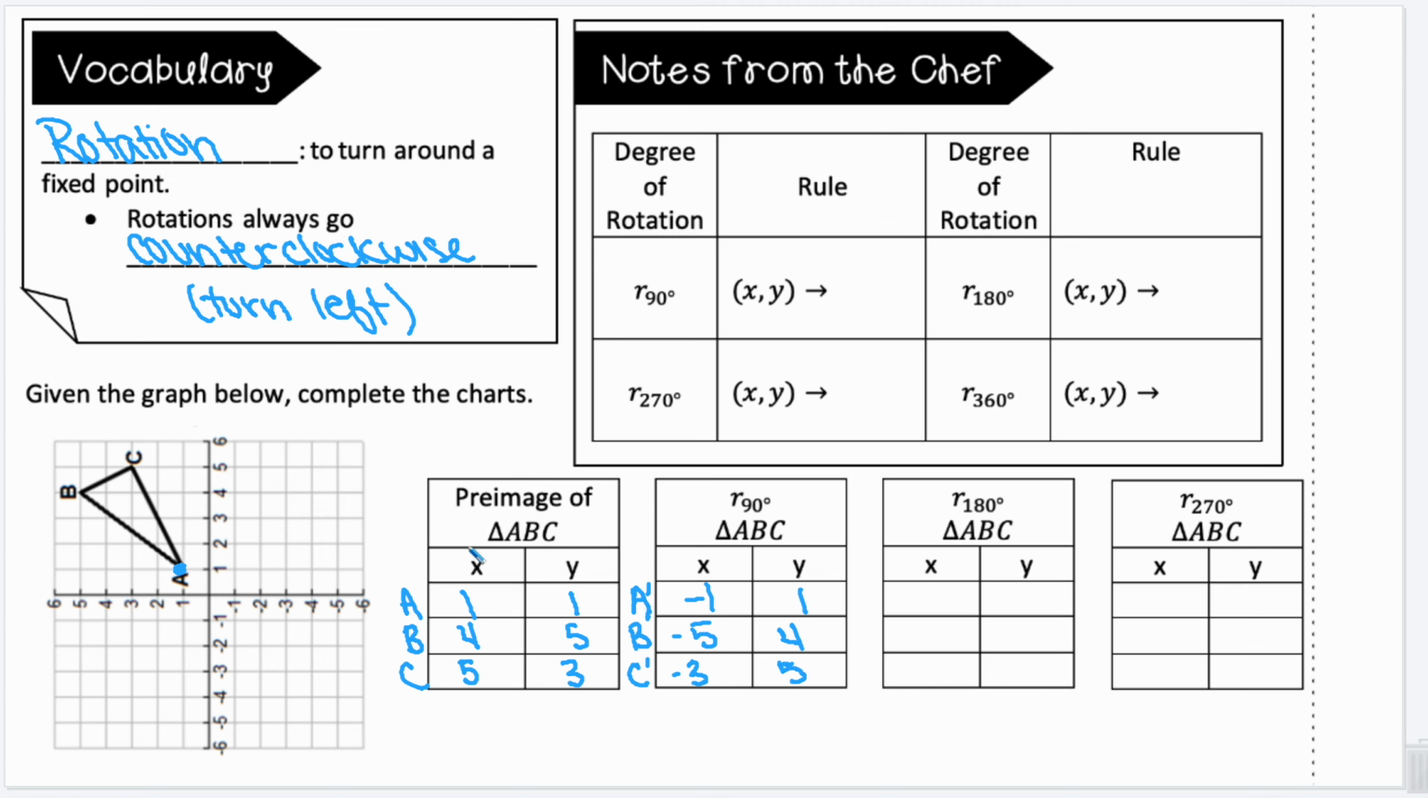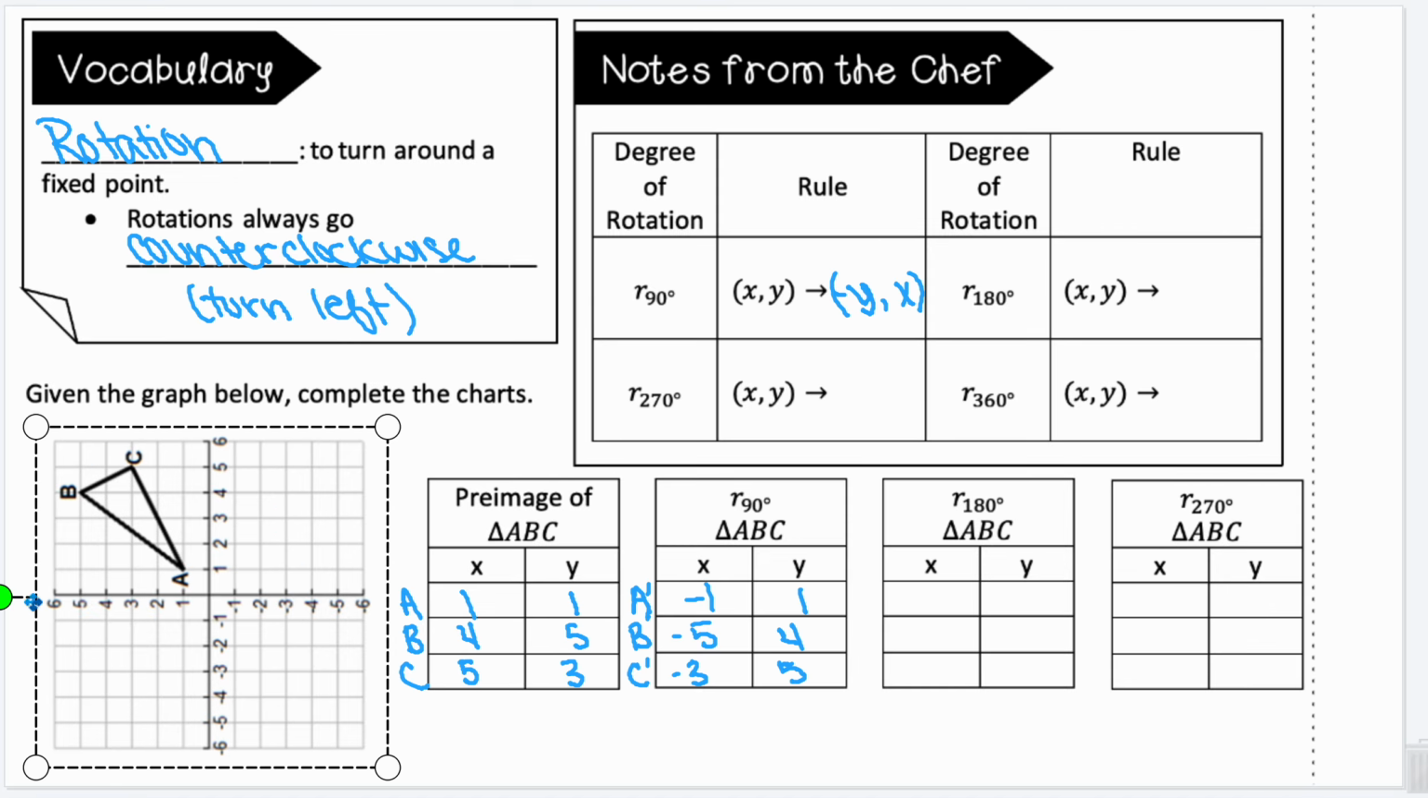So to get a rule, what happened? Well, from here to here, it looks like the X and Y in my ordered pairs switched, and this value became negative. So we call that a -Y, +X. To rotate 180, again, starting back with the original image,